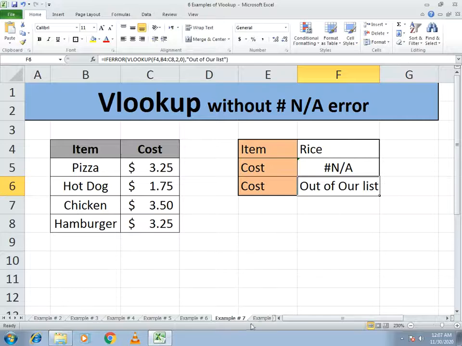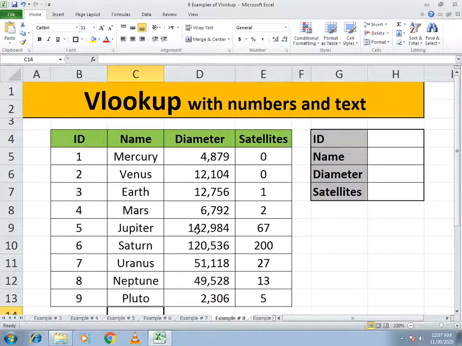This is how our seventh example completed. Now our second last example, where we look up with numbers and text. How it works: here you see the IDs, the name of the planets, its diameter, and its satellite. So I just write here equals to